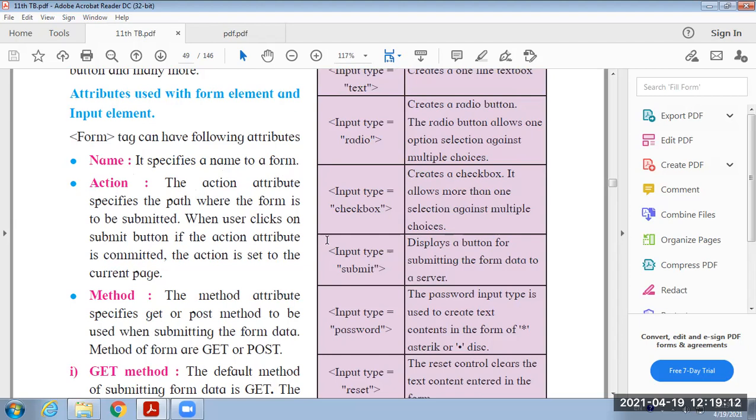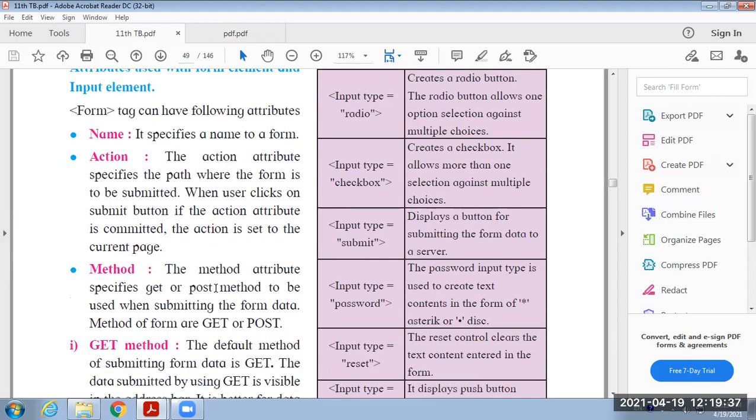Then the next one is the action. Action attribute specifies the path where the form information is to be submitted. That means when we click on the submit button, exactly where our information should be submitted or cross checked, that file link is provided under the action. The next attribute is the method.